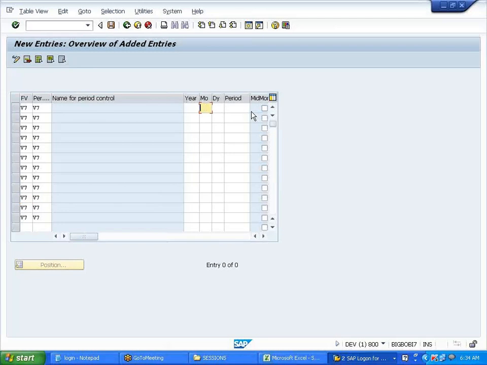So why are we filling all those fields? Where did we see this, the months? In the fiscal year variant, right?